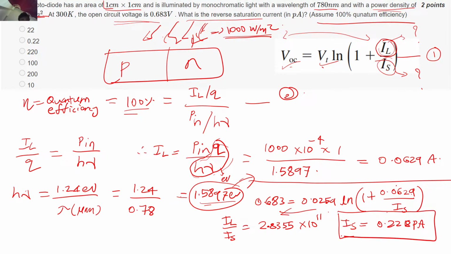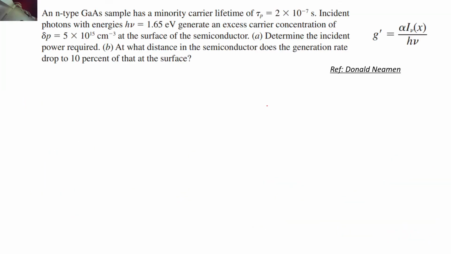So let's see which option is matching very closely. This 0.22, this is what you are seeing, right? So this is the closest answer. So option B is the correct answer. Equation number 2 was the trick. Everything else was given. I hope this question was clear. If you guys have any doubts, then please ask. I will be proceeding ahead with the next question.